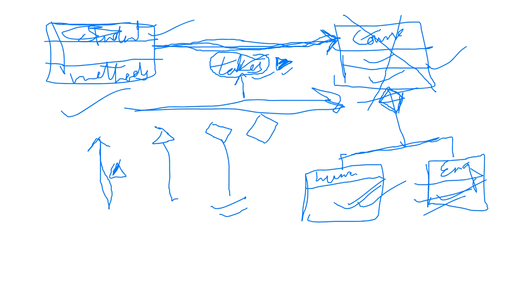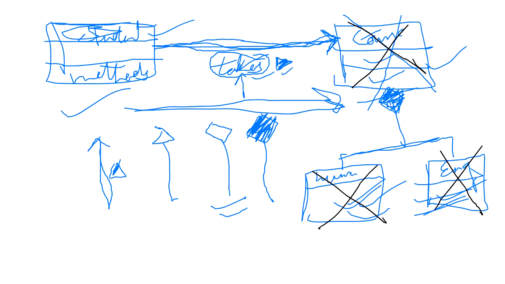Then there is composition, that will be black in color with a line like this. If it's a composition relationship between one class and other classes, this means that if this course class is destroyed, then this humanities class will also be destroyed and this engineering class will also be destroyed. The child classes cannot exist without the parent class. This is what is meant by composition. So these four are the major important relationships. One more is there, like dependency, so that we will see in the lab.